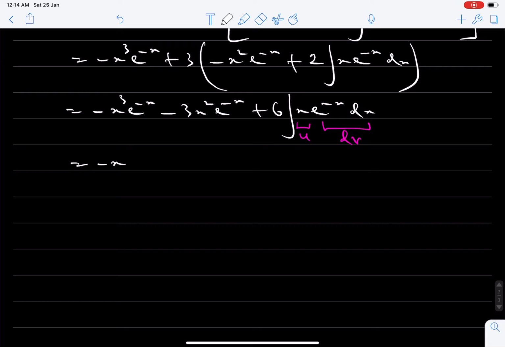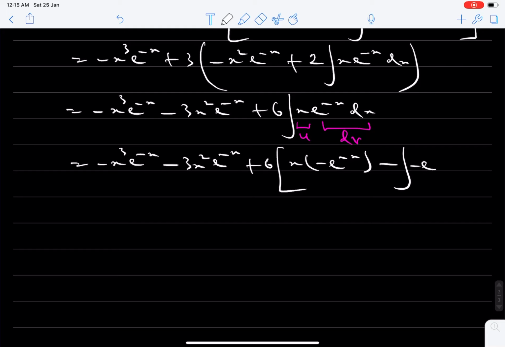So we continue, minus x cubed e raised to the power minus x minus 3x squared e raised to the power minus x plus 6 times uv, which is x into bracket, let me use this kind of bracket here, uv, x into bracket v, which is minus e raised to the power minus x, minus the integral of v du, minus e raised to the power minus x du, du is dx, since u is x,